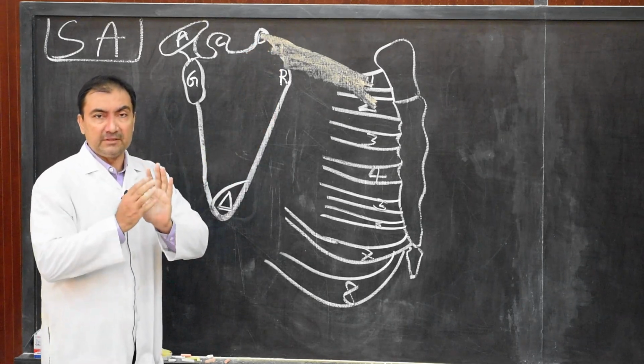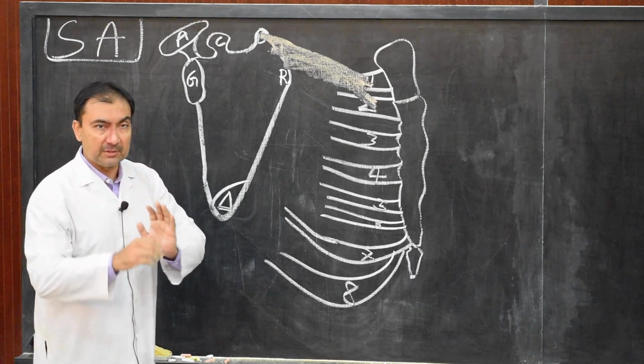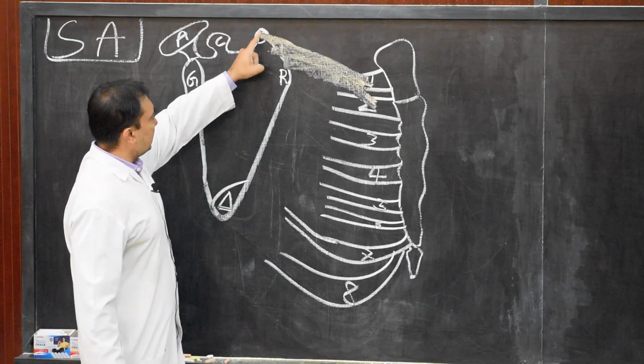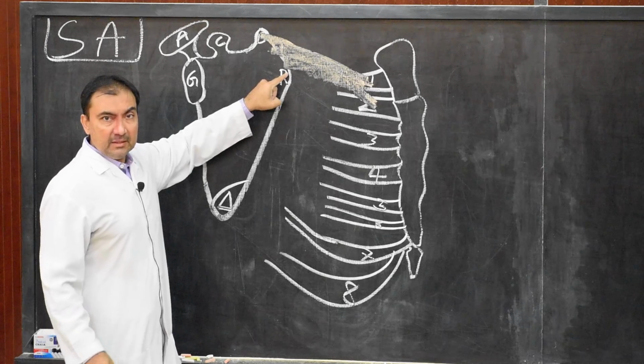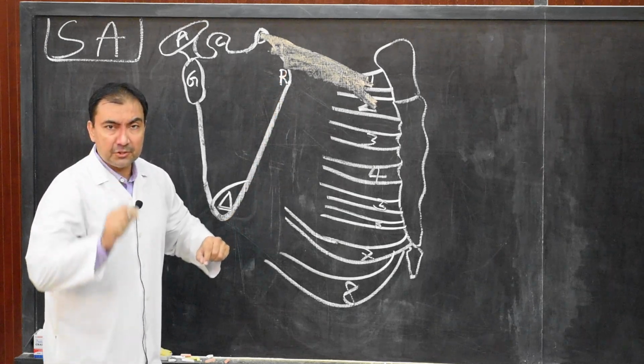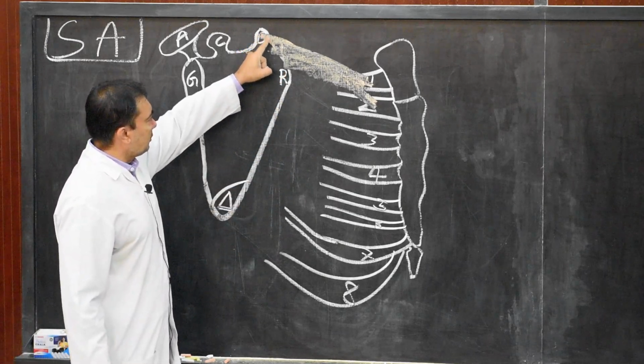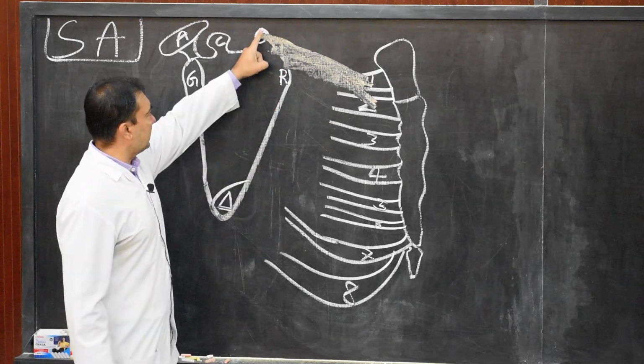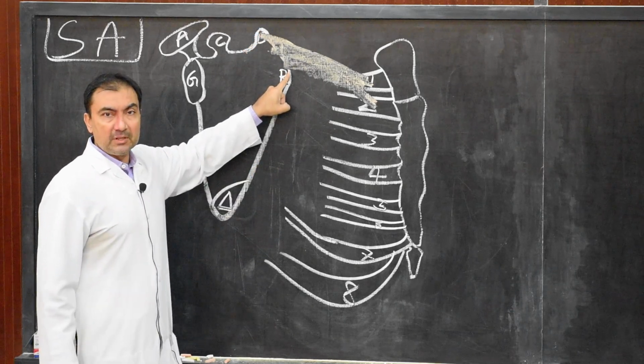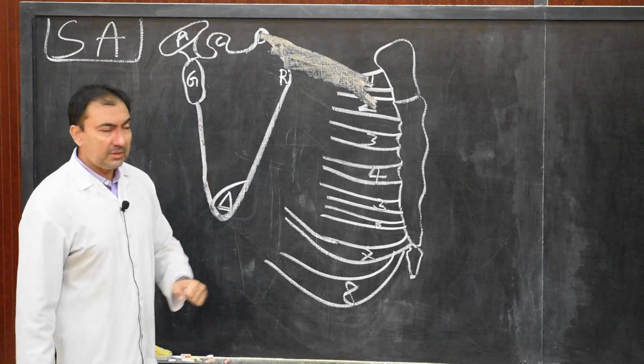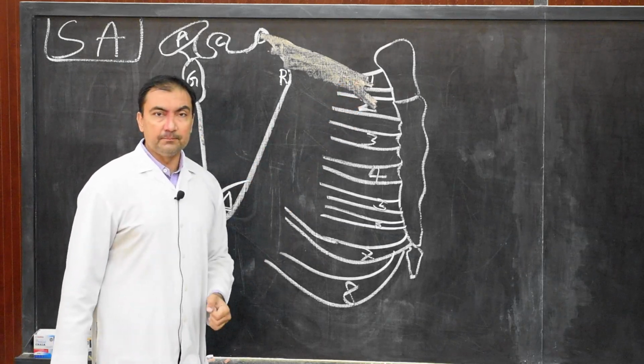Remember, it is the costal surface of scapula, but medial border. Medial border of scapula from superior angle to the root of the spine of scapula. Once again, I'll repeat, the first digitation of serratus anterior will be inserted along the medial border of scapula from superior angle to the root of the spine of scapula. And this first digitation will take origin from first rib as well as second rib.